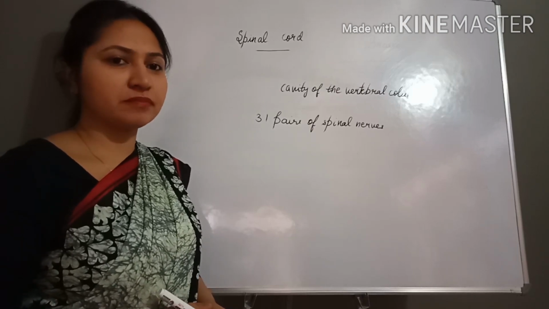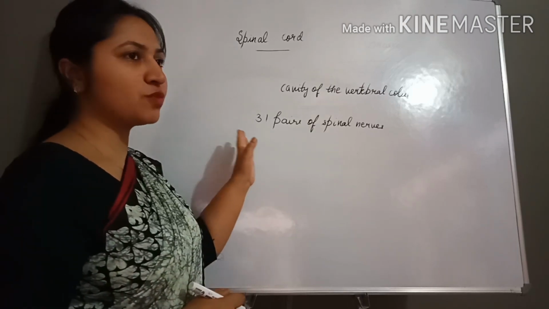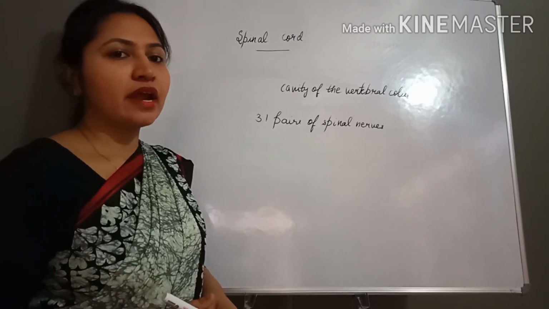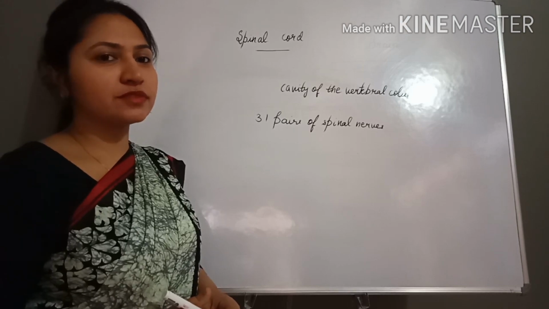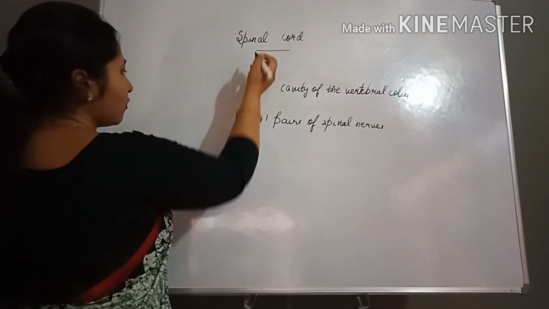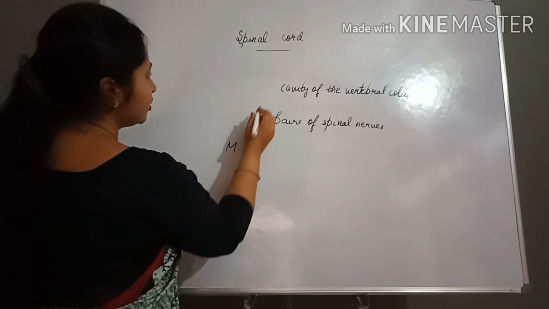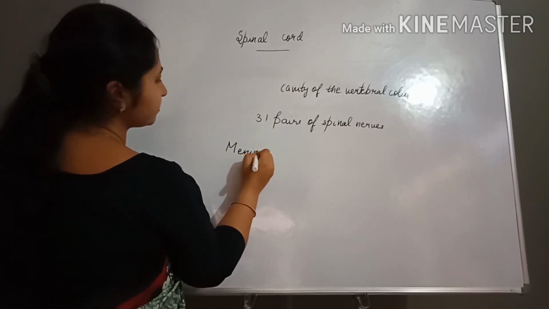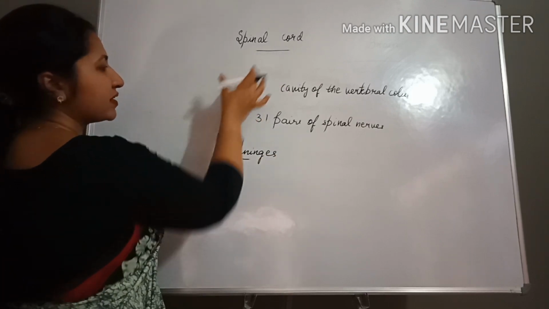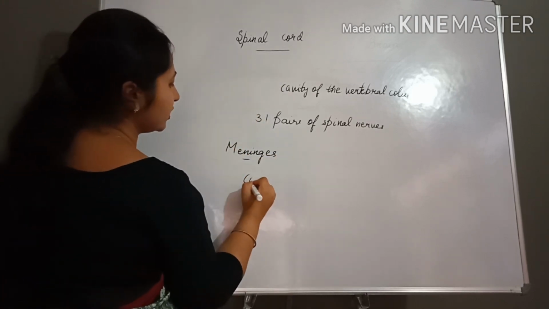from the brain. So this question is very important: how many pairs of spinal nerves are present and how many pairs of cranial nerves are present. Like in the case of the brain, over the spinal cord also meninges are present. And the spinal cord is responsible for controlling the